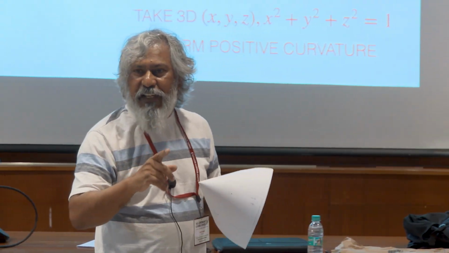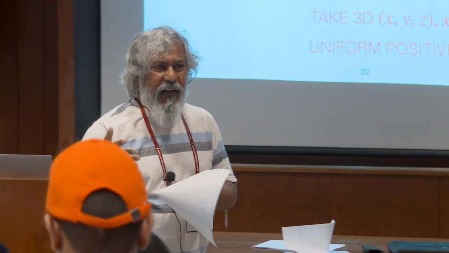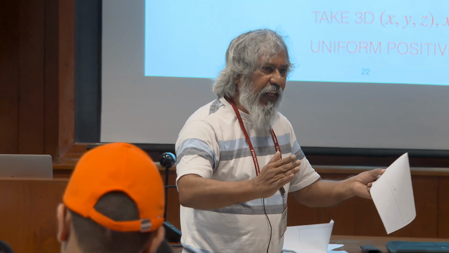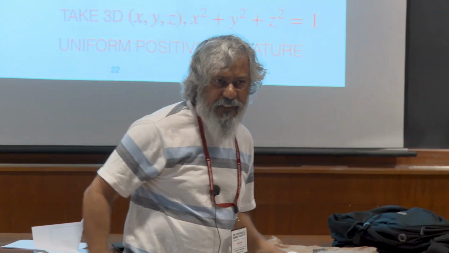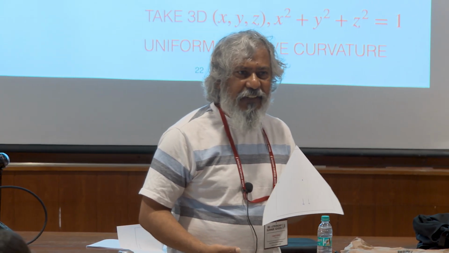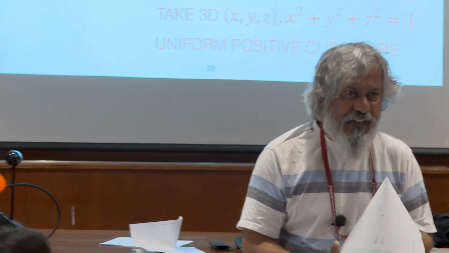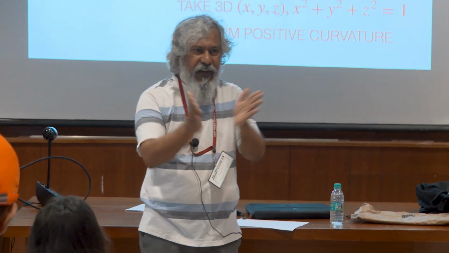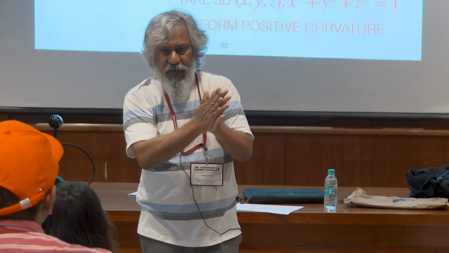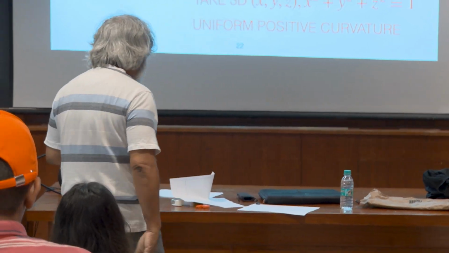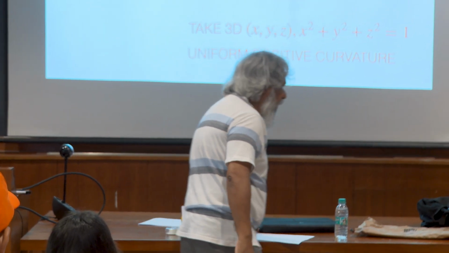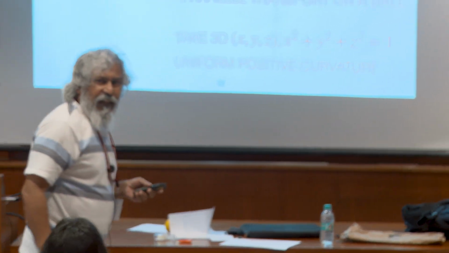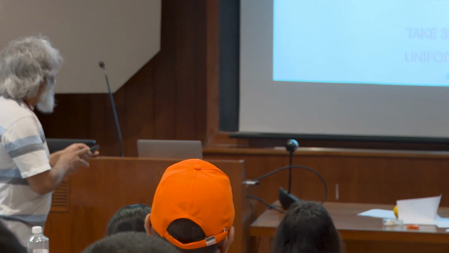This is also related to gravitational lensing. If you think of gravitational lensing, you have a source putting out 2 beams of light, and they converge to each other in a gravitational field. Positive curvature has a biangle. In negative curvature, geodesics deviate from each other. In positive curvature, they converge. Okay, now I think I should move on. I'll quickly wind up because I don't want to get the organizers too mad at me.